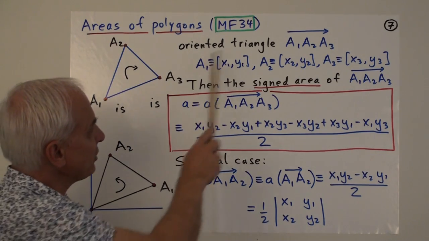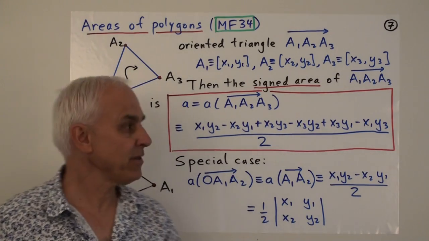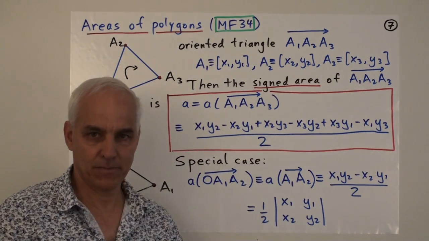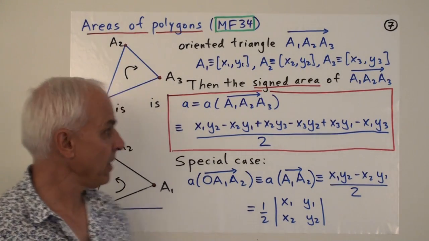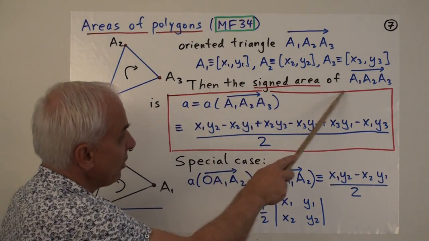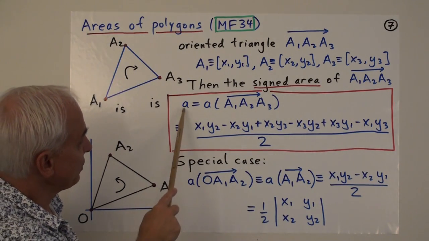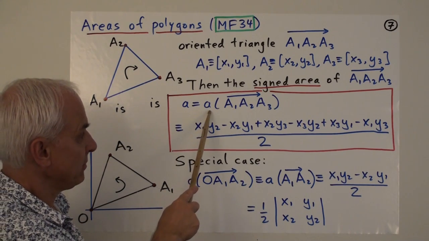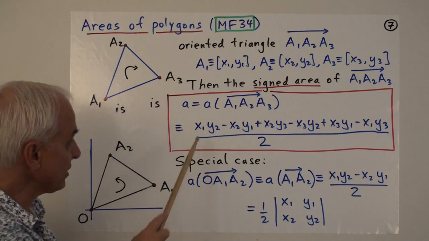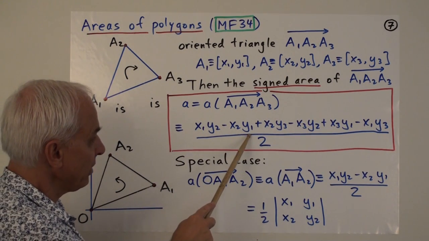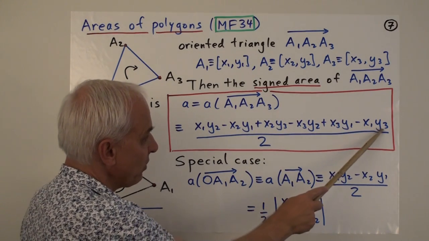The reason we want an oriented triangle is because the natural notion of area we saw was actually the notion of a signed area. It's really a notion of area coming from linear algebra rather than calculus. Okay. So the definition is that the signed area of this oriented triangle, A1, A2, A3, which we could denote by a, little a, that stands for signed area. And here's the formula for it. It was (x1 y2 minus x2 y1 plus x2 y3 minus x3 y2 plus x3 y1 minus x1 y3)